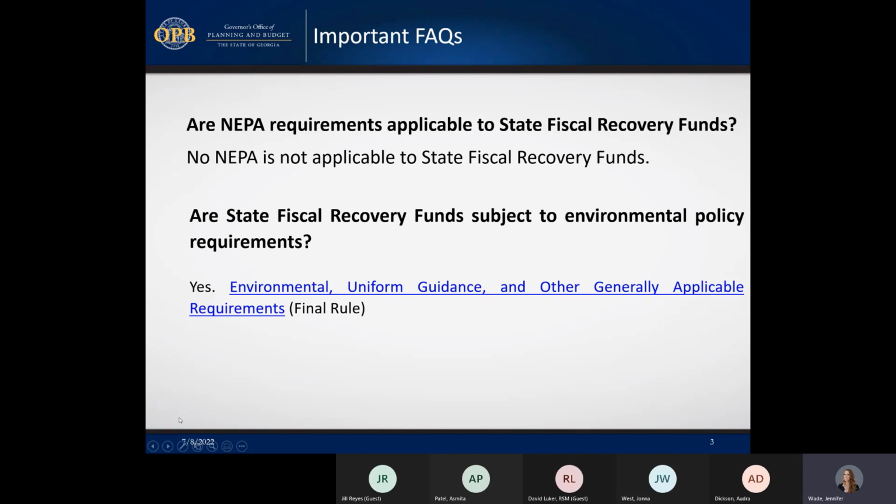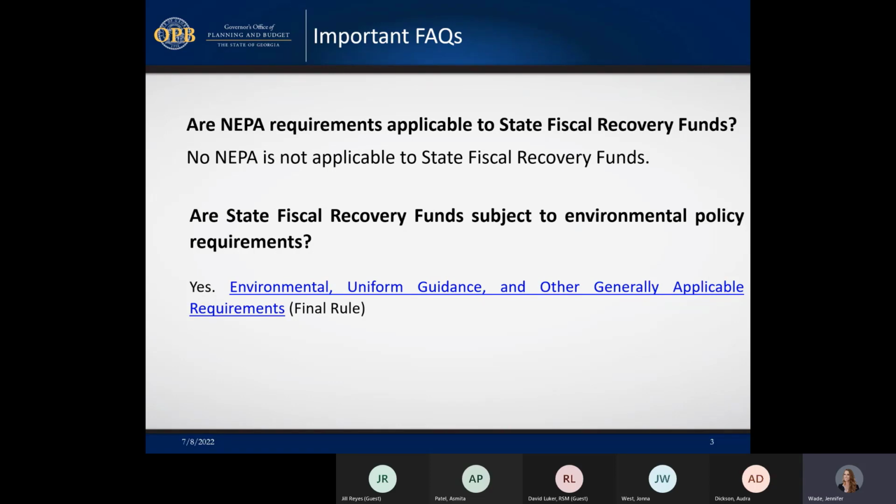Okay, so we're going to go over some important FAQs. Just a note, we do have these posted on our For Grantees website under the Important Documents section. They are our post-award FAQs, and they outline a lot of great information stemming from 2 CFR 200 requirements and procurement, etc., payment request, timing of payments, what to include in your payment requests, how that will flow, as well as what we were here to talk about today, which is the environmental review, the SERP process, and how that